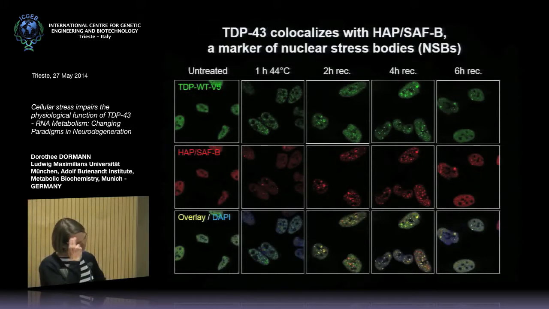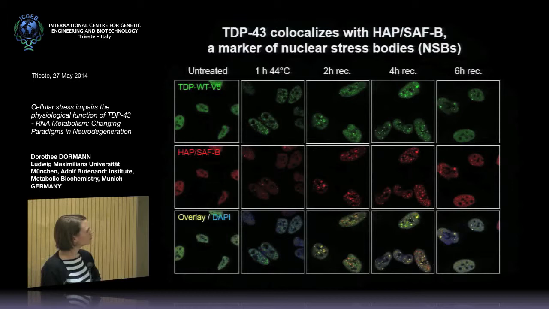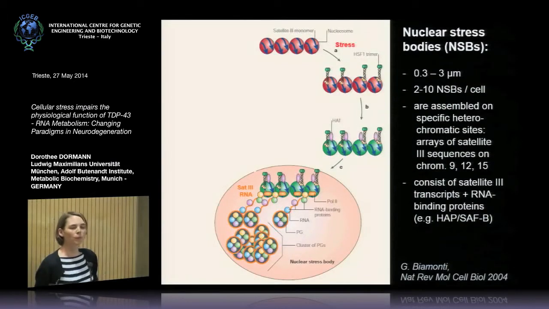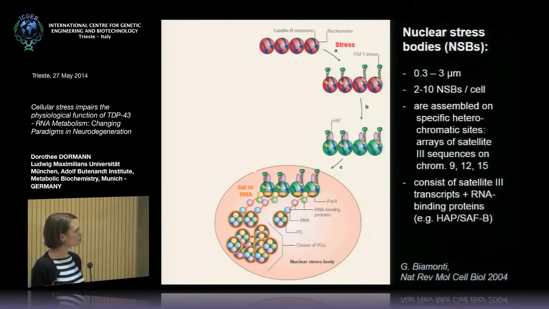So what are these nuclear stress bodies? The function is not completely clarified, and the person who has studied these bodies most intensely is Giuseppe Biamonti in Pavia, here in Italy. What his group has shown is that these bodies are assembled on specific heterochromatic sites, namely arrays of satellite 3 sequences on certain chromosomes. So these are heterochromatic regions, but what happens after stress, for example heat shock, is that the